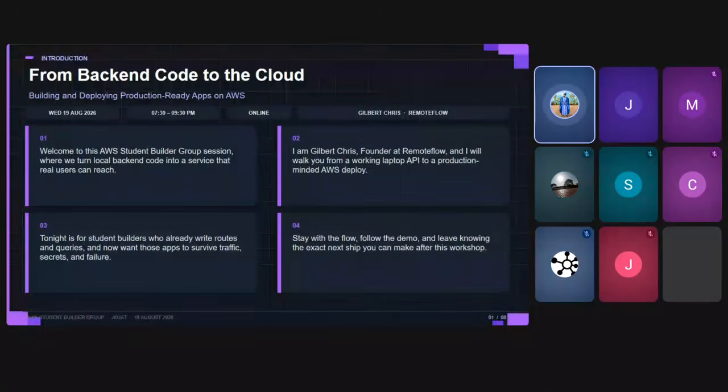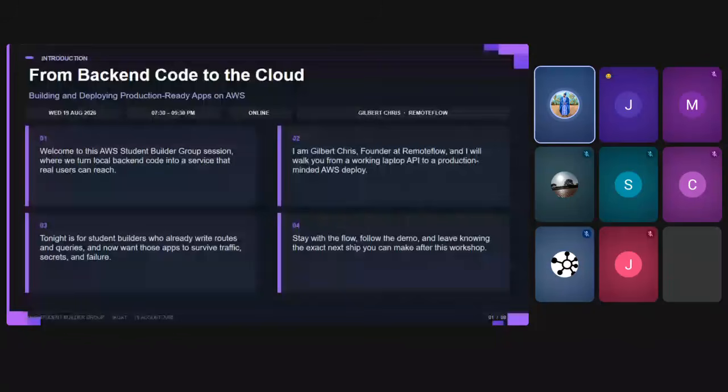Today we are going to learn how to get out of your localhost. I also failed to mention that I was a backend developer before I became a founder. The 9 to 5 story pushed me, so that's the way to go.